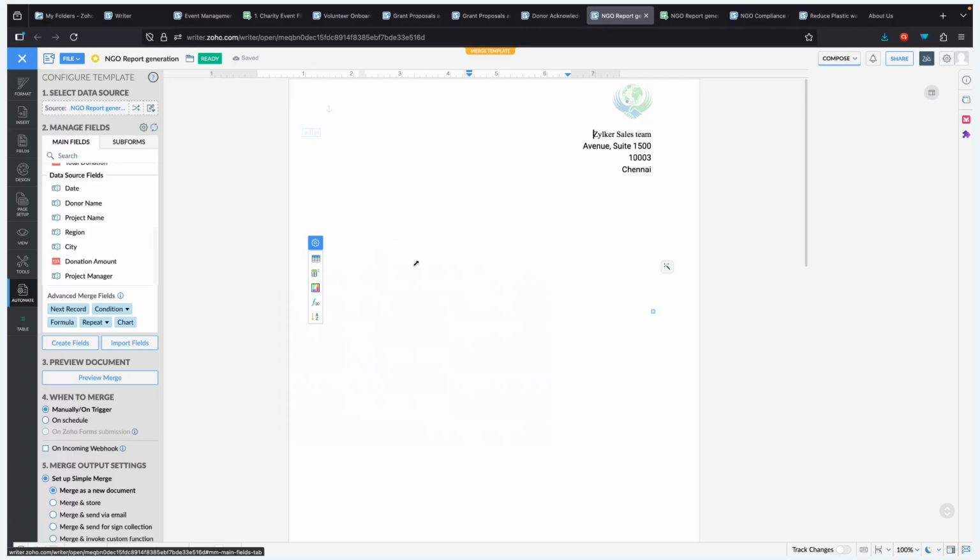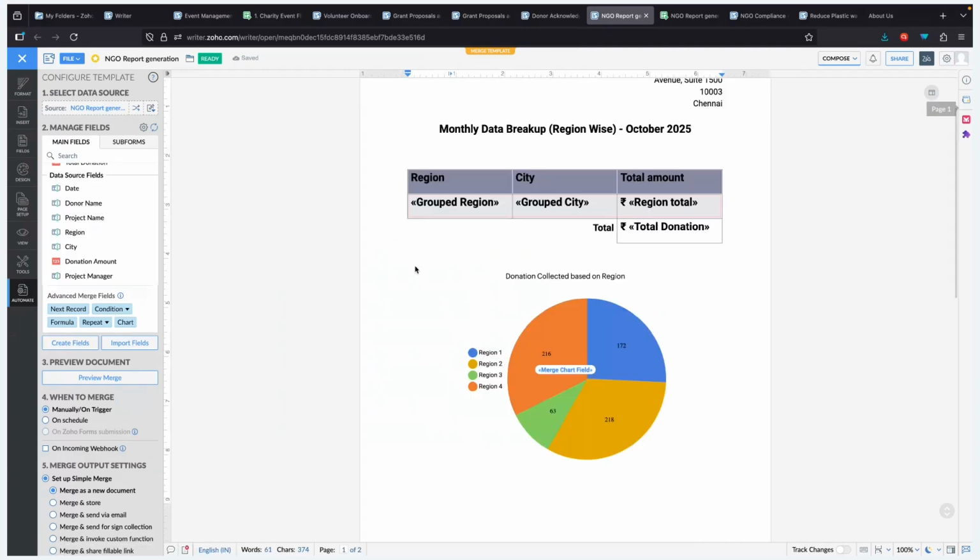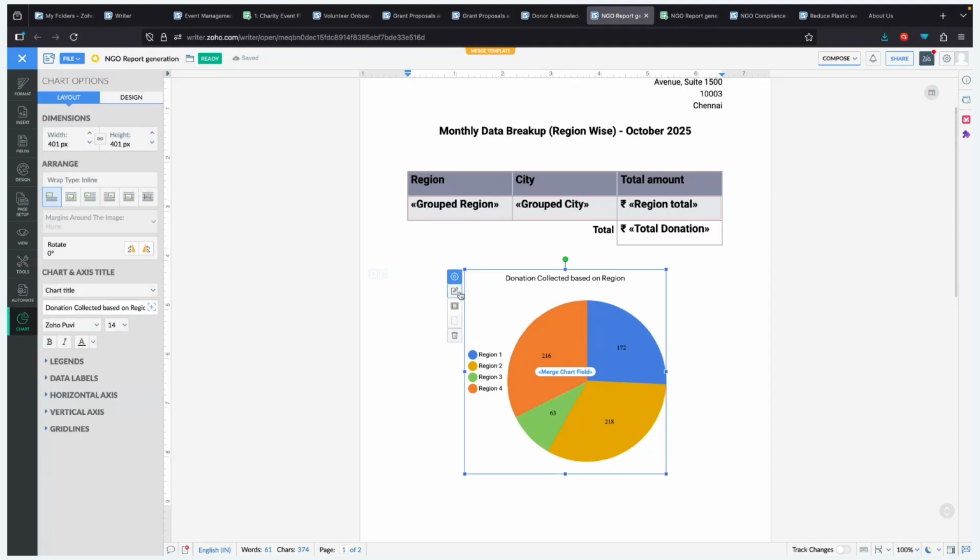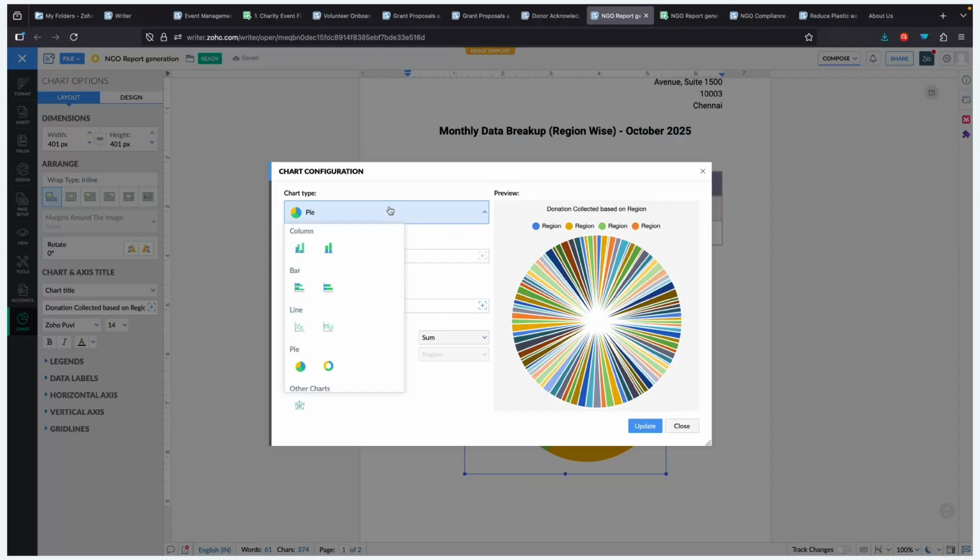If you'd like to show these data in a visual manner, in a chart or maybe in a column diagram, etc., all you have to do is make use of this chart option under the advanced merge field. Once you insert them, you'll have the capability to edit the chart. We have various chart types, so you can select any one of these based on your own preference, and then